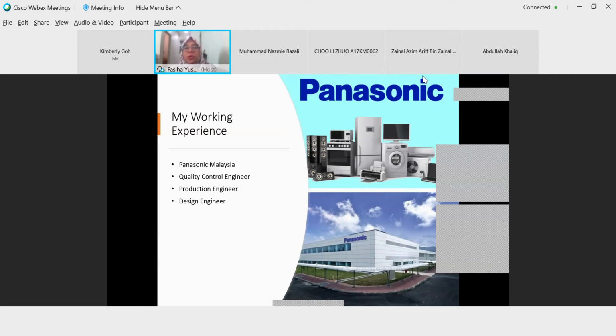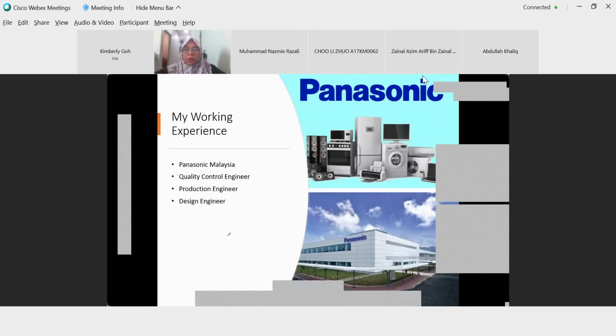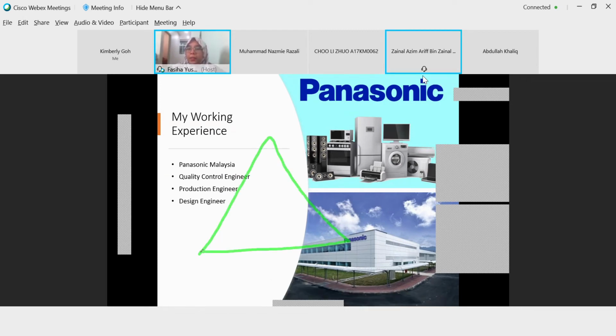In the hierarchy, at the bottom one is the maintenance engineer. Just imagine a rectangle like this. The one at the bottom is the maintenance or service engineer.